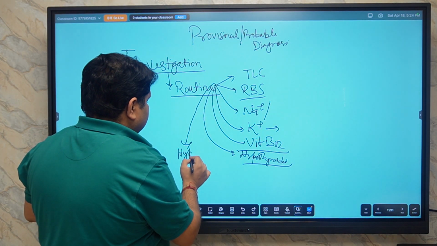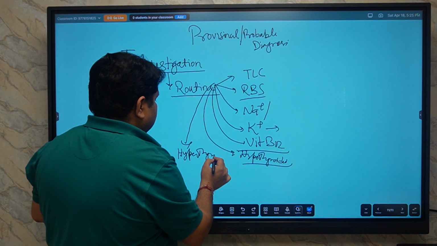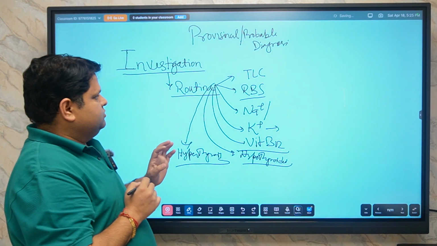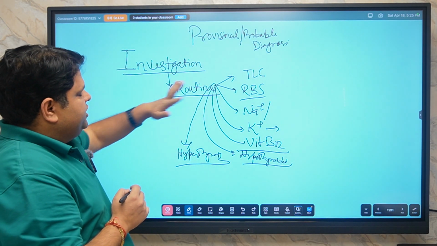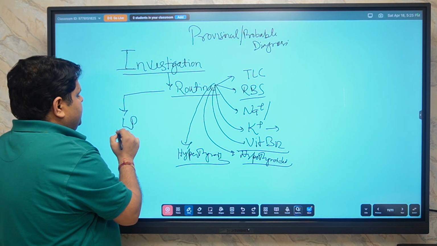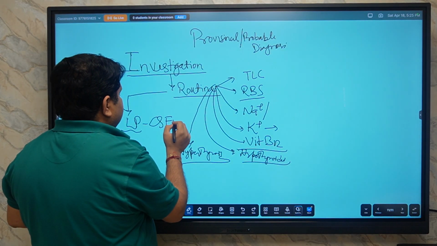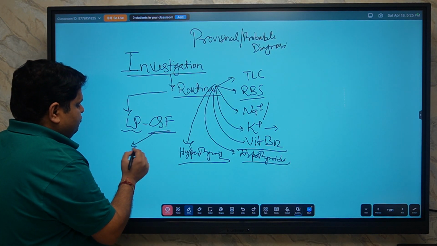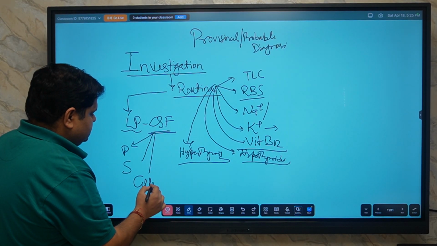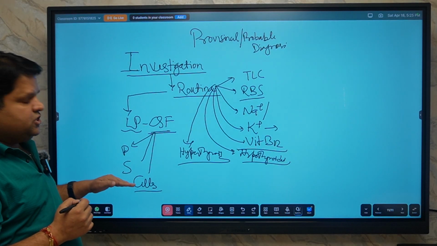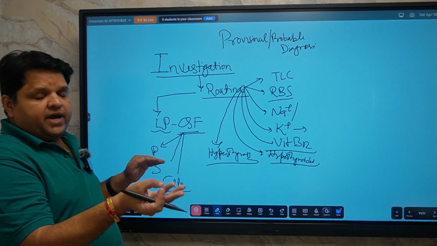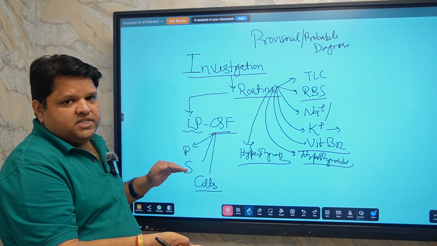Hyperthyroidism may cause periodic paralysis of the limbs. So we first go for the routine investigation. For other investigations we have lumbar puncture, LP, in which we go for CSF examination. In CSF we look at protein, sugar, and cells. On the basis of the CSF we decide whether the lesion is bacterial meningitis, viral meningitis, or tubercular meningitis,